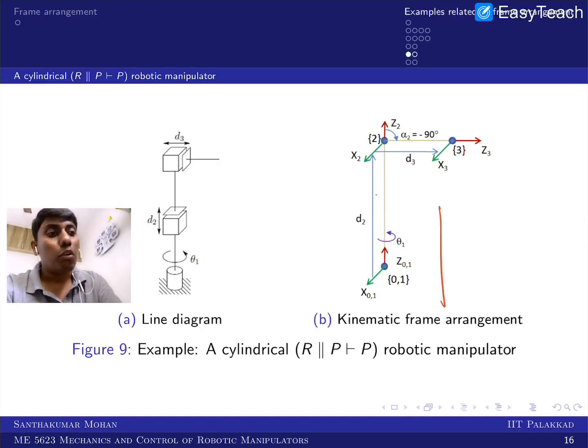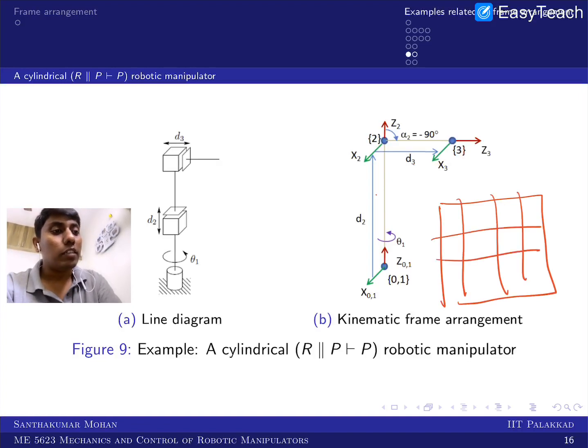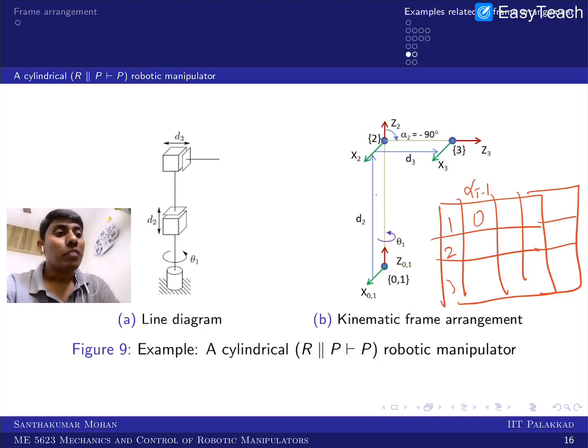So now when you want to have the Denavit-Hartenberg parameters, I assume that these are 1, 2, 3, and these are the parameters. You can see alpha i minus 1, in the sense alpha 0 is 0 in this case, and there is no distance along x0, so that is 0. There is no x-axis displacement, and no x-axis rotation either, but there is a z-axis rotation, which is one variable, and there is no distance from 0 to 1.